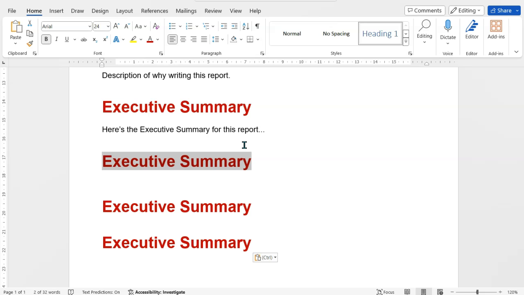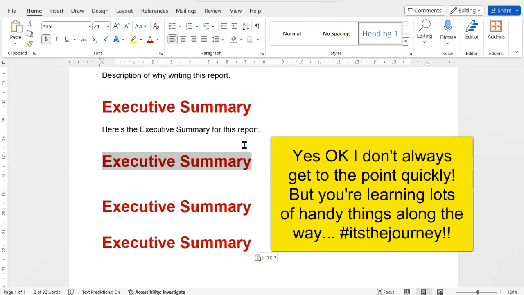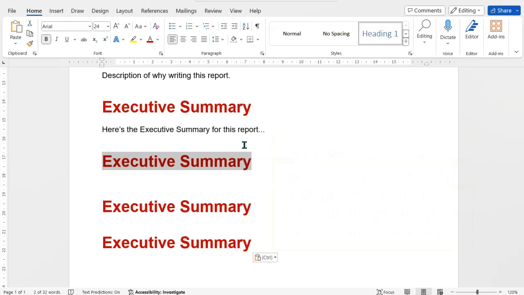Remember, we live in an age where most people are impatient and want to get to the point quickly, so they don't want to be reading all the blather in your background, introduction. Nobody really even cares about your methods unless it's a key part of the report, but not at this point anyway. What people want to know straight off the bat is, what is the point? So start off, rather than leaving it at the end,